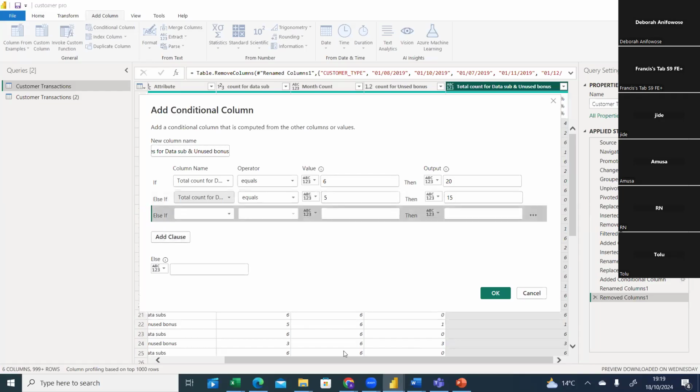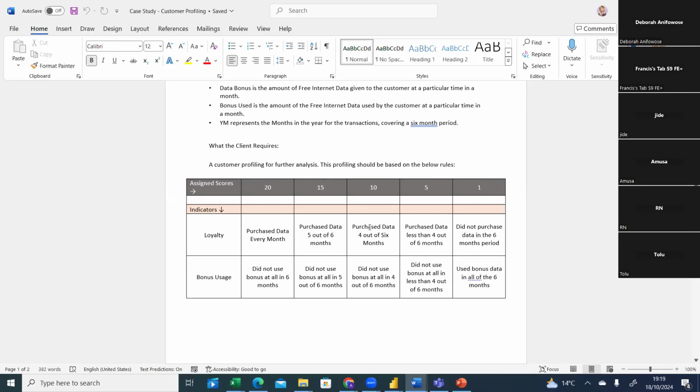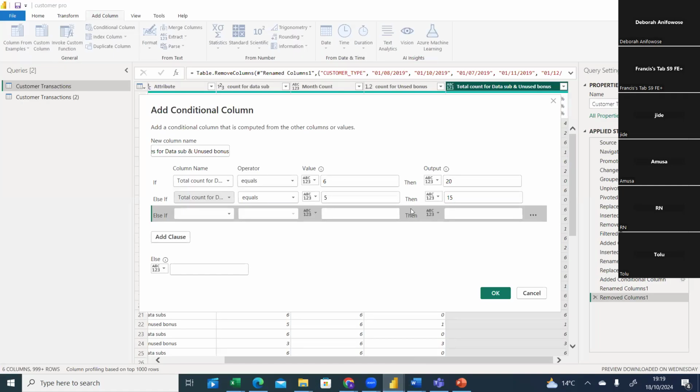Let's add a new clause. Let's look at what the requirement is. 4: purchase data 4 out of 6 times, assign 10. Did not use bonus at all in 4 out of 6, assign 10 as well. So that means when we come here,